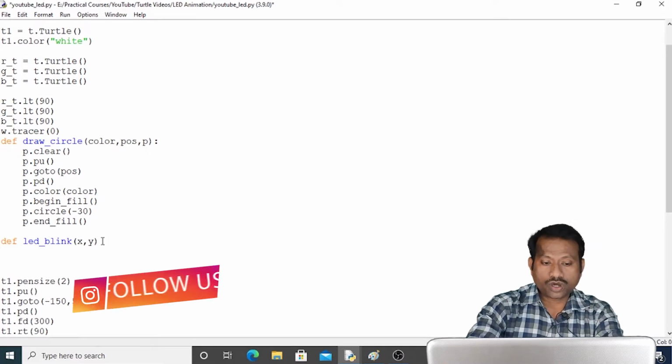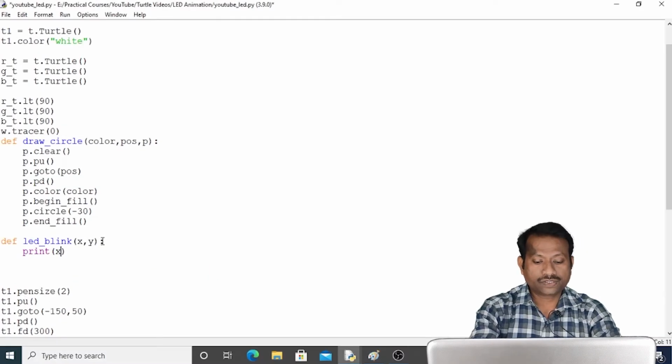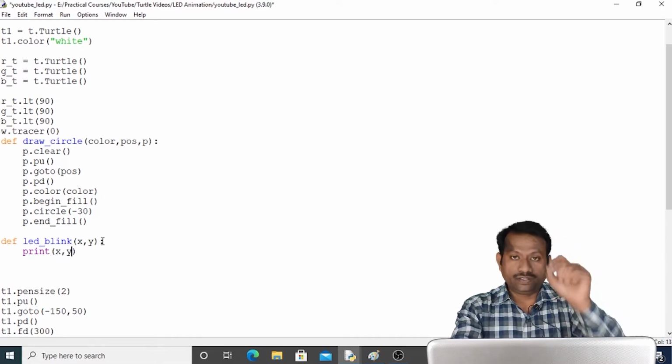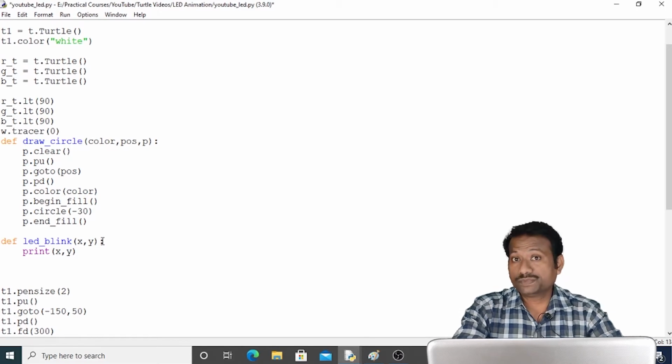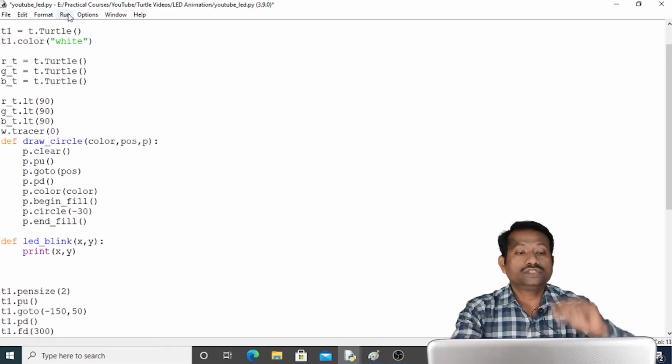To print those coordinates I am going to use print command. So if I print x comma y, the moment I click on the screen, it will provide the coordinates of the screen where I have clicked.